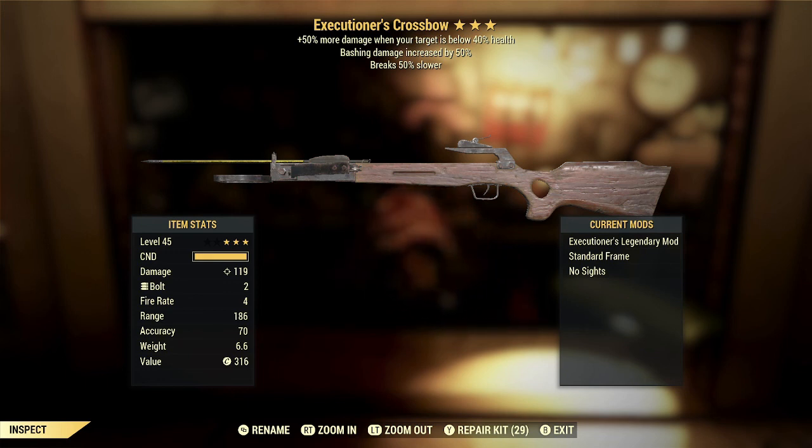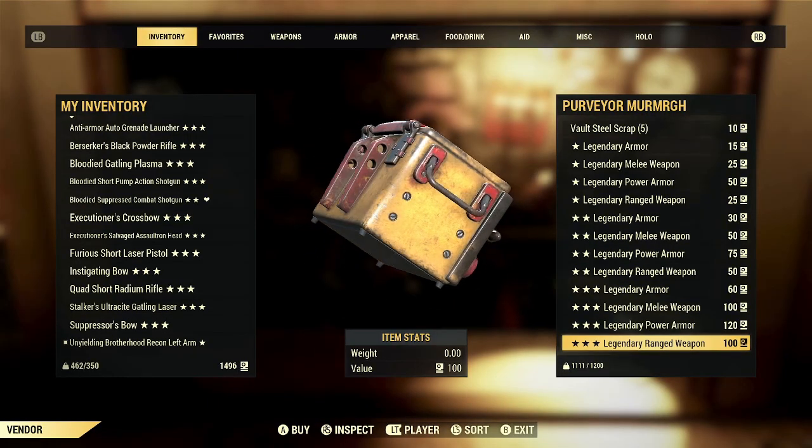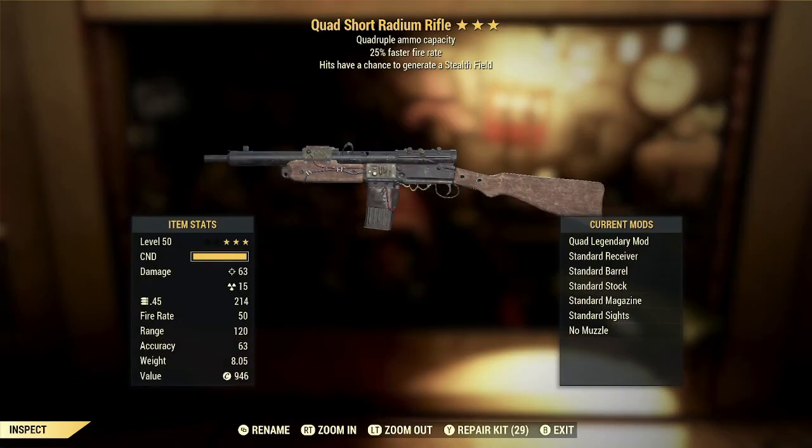The breaks 50% slower. You know, I don't think that it's going to do a whole lot on this weapon, because this weapon has a slower fire rate, but even so, it's never a bad thing, like I've said before, because I don't think anybody's all that into repairing their weapons. So yeah, it's not terrible, but overall this thing is more or less a dud. So at least we did get one half-decent weapon today in the quad-short Radium Rifle here, so I do appreciate that, Murmur,